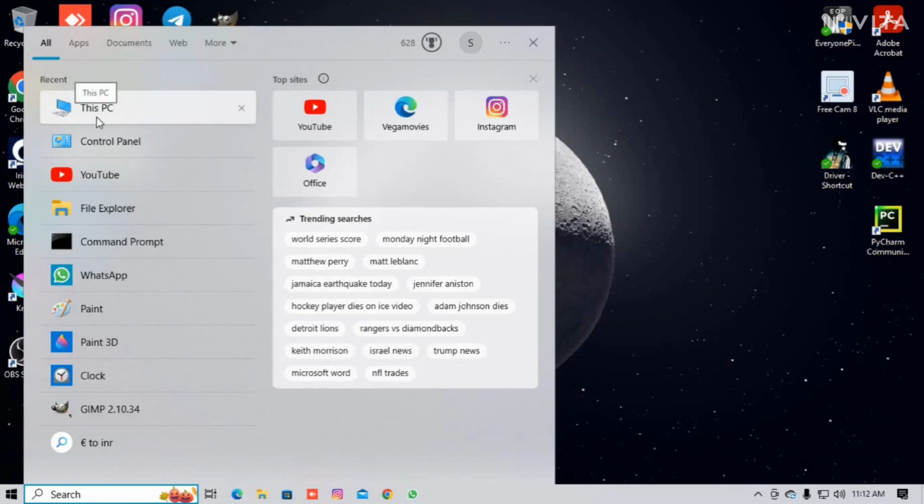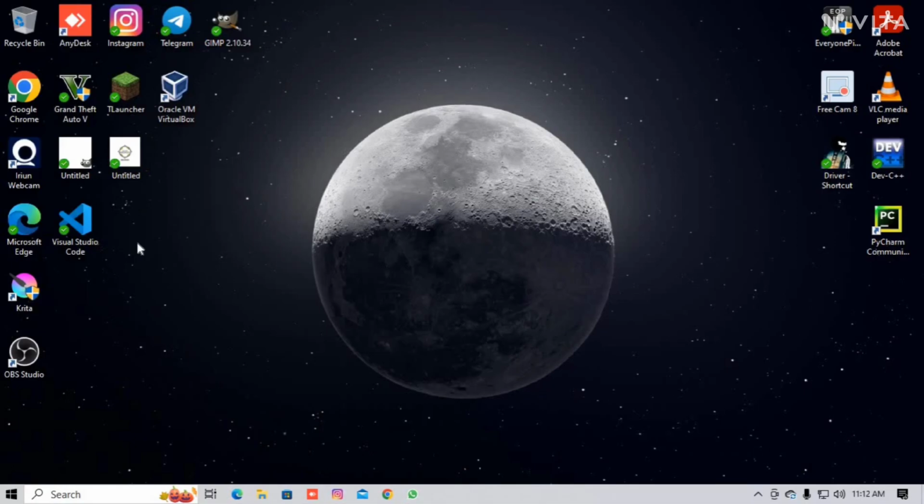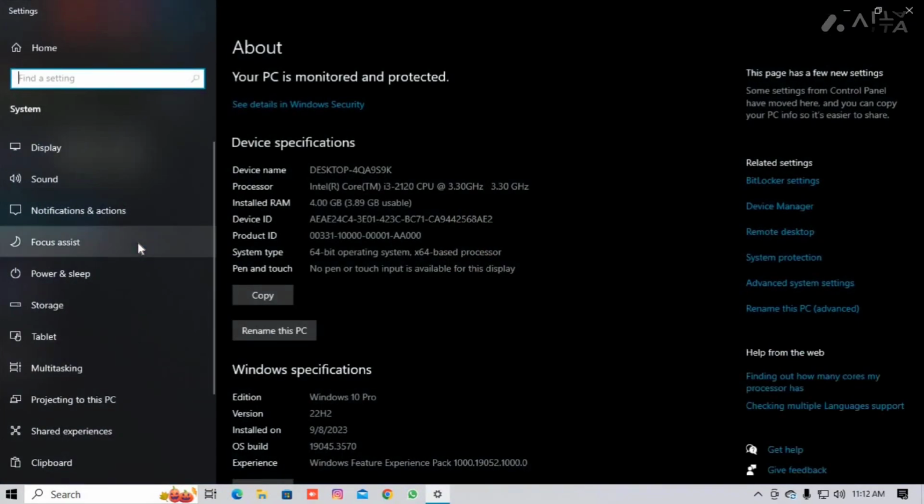Now click on your search bar and search for This PC. Right click on This PC and click on Properties. In your case it may have another name instead of This PC, or your own name. So right click on it and click on Properties. After that it will show up your PC settings,